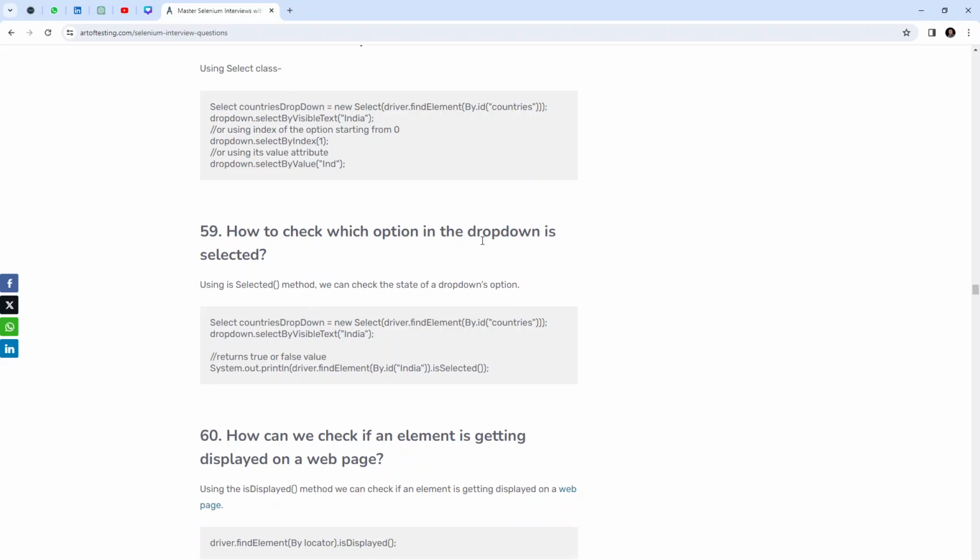How to check which option in the dropdown is selected? Using the isSelected method, we can check the state of a dropdown's option. Select countriesDropDown = new Select(driver.findElement(By.id("countries"))); dropDown.selectByVisibleText("India"); It returns a true or false value. System.out.println(driver.findElement(By.id("India")).isSelected());